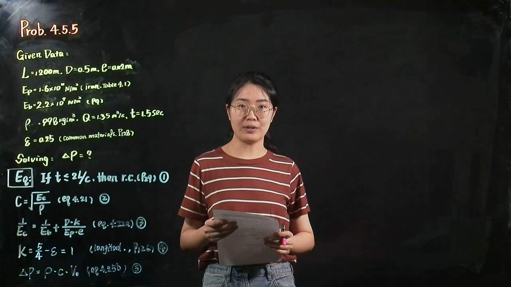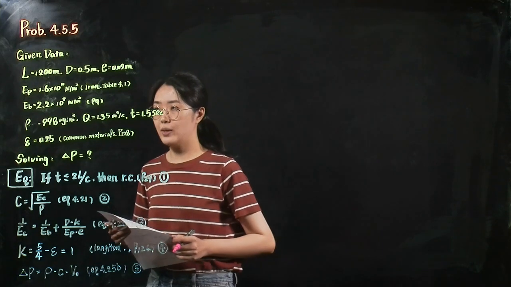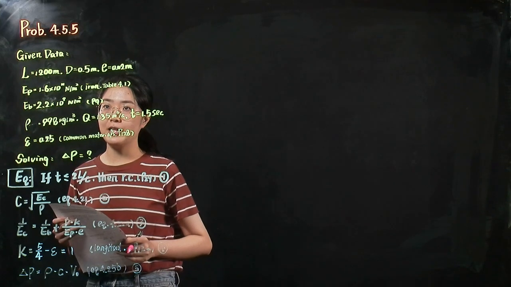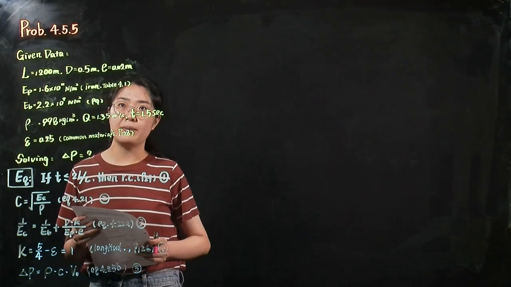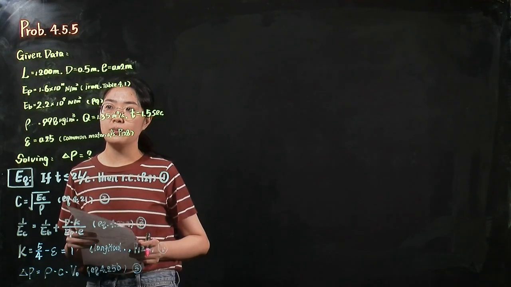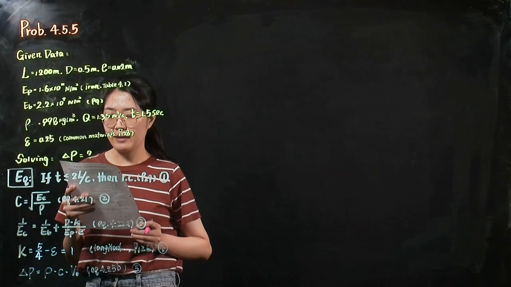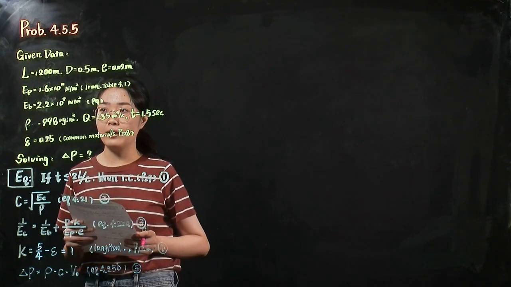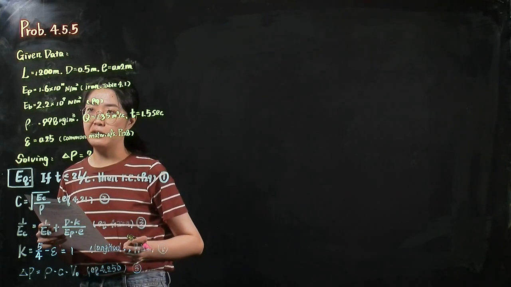Let's take a look at problem 2. Here is a water pipeline connecting two reservoirs. The length of the pipe is 1,200 meters. The diameter is 0.5 meter. The thickness of the pipe is 0.02 meter. Because the pipeline is made of ductile iron, based on table 4.1, we can find the elasticity of the pipe. It equals to